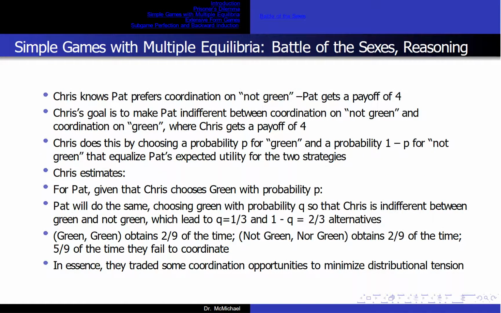Chris knows Pat prefers coordination on not green, where Pat gets a payoff of 4. Chris's goal is to make Pat indifferent between coordination on not green and coordination on green, where Chris gets a payoff of 4. Chris does this by choosing a probability P for green and a probability 1 minus P for not green that equalize Pat's expected utility for the two strategies. Chris estimates Pat's expected utility given green